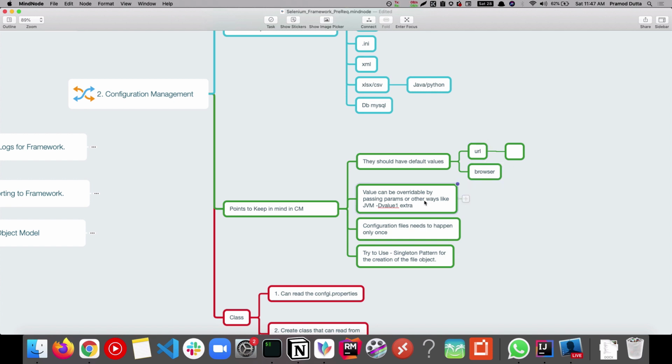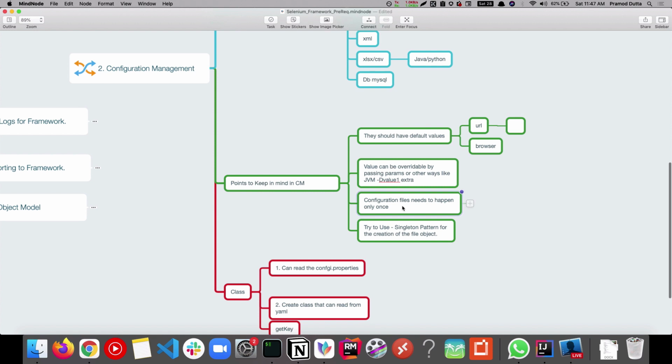Make sure all the configuration that you are adding can be replaced at runtime. For example, if I have passed a staging parameter to Maven when I am running, make sure that these values are supported. You can use System.getProperty in that case. I'm going to show you how you can do that. So you can basically override all those things also.